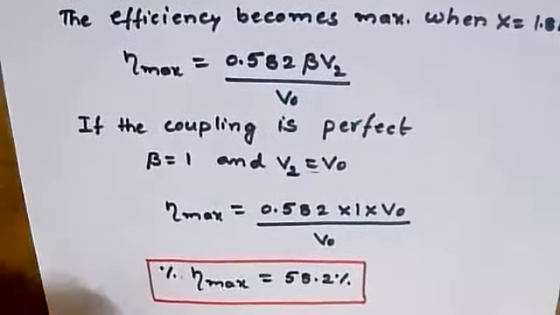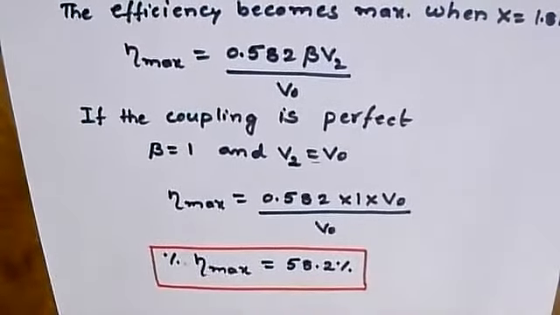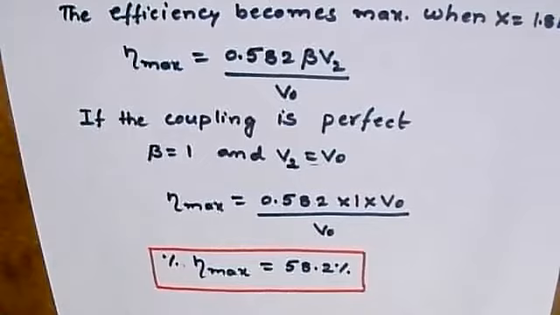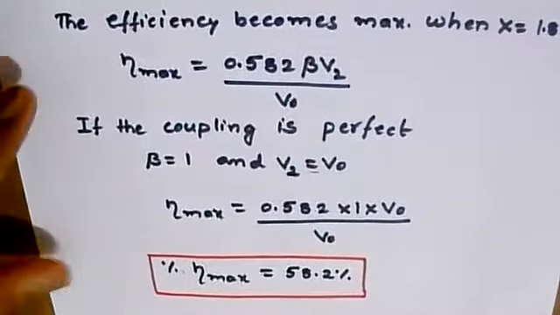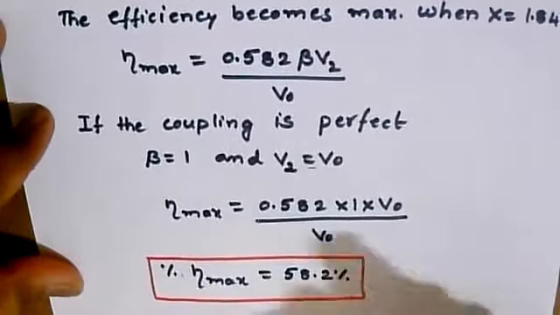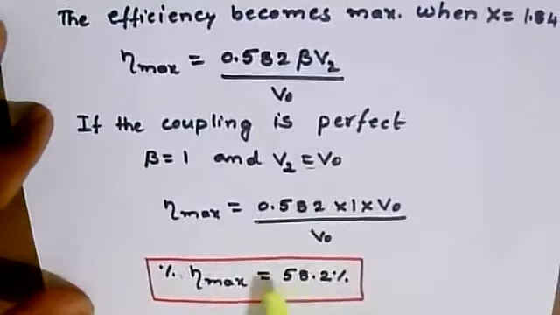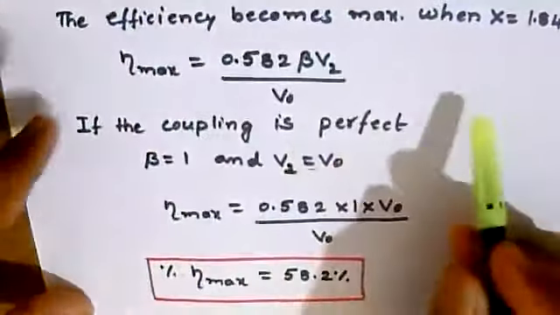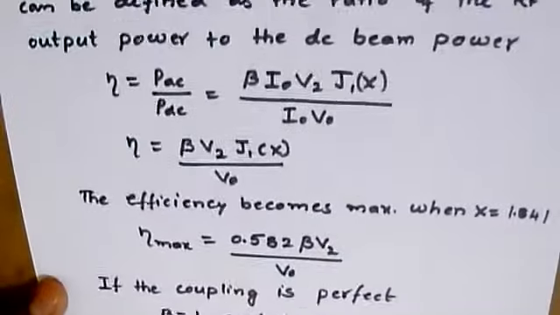So this is how the efficiency can be calculated. The main concentration you need is on velocity modulation and the bunching process. Those two are very important. In the case of two cavity klystron amplifier, in most cases the derivations are asked, so they are equally important in all aspects. The output power and efficiency derivations are very short. We can check them in a single snapshot.